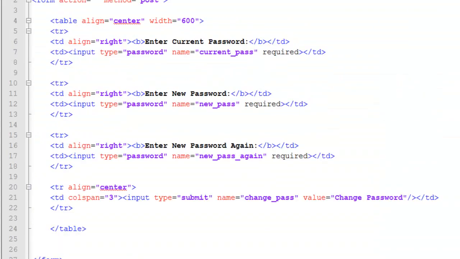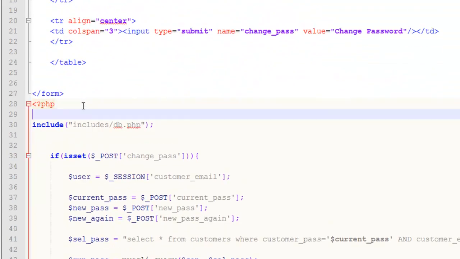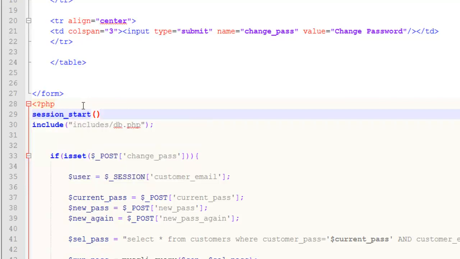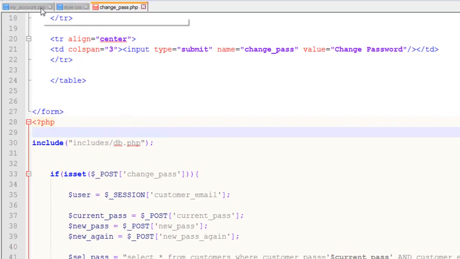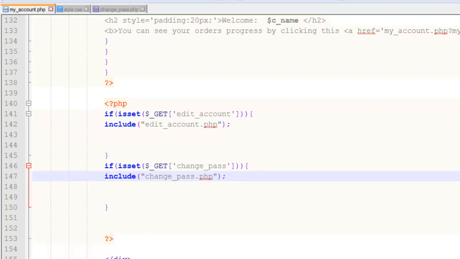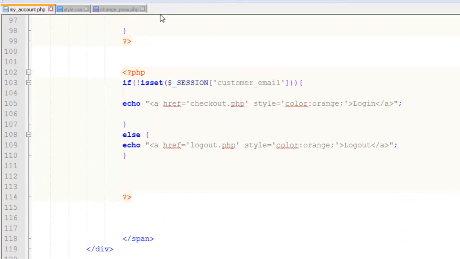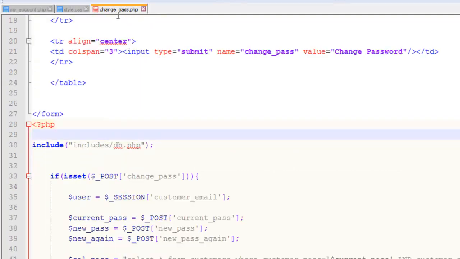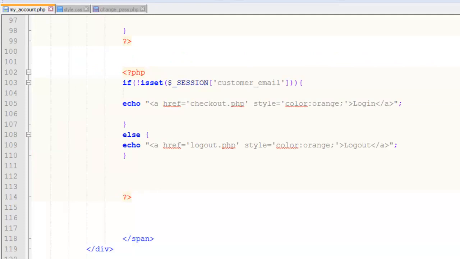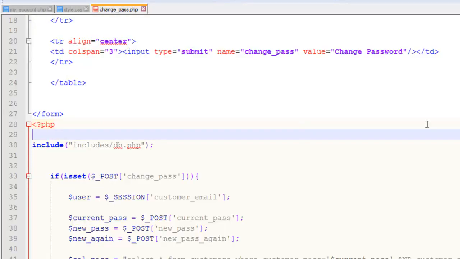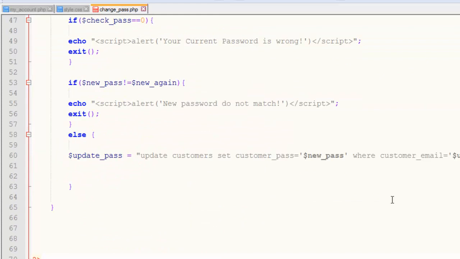And also we need to start session at the start of the page, the start of the PHP. I think session has already been started in this page, my account. We can check. Yes, session is started there, so therefore we don't need to start it again. I mean this page is basically included inside this my account. You can see it here. We have included this page, change_pass.php. So that's it. We need to now run this query,